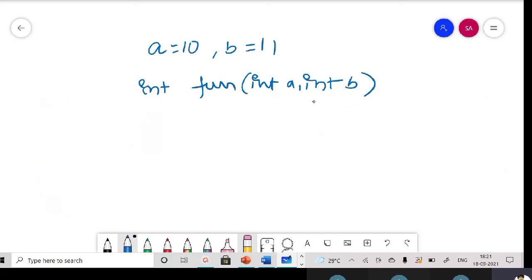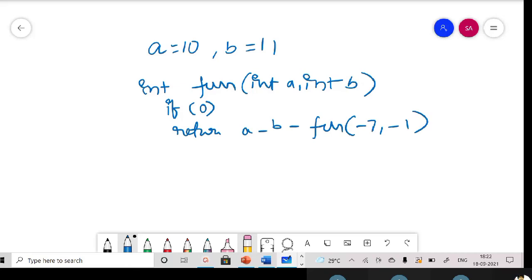And in the body of the fun function, we are writing a condition if 0. If 0, we are saying return a minus b minus fun of -7, -1, and this is the end of if.